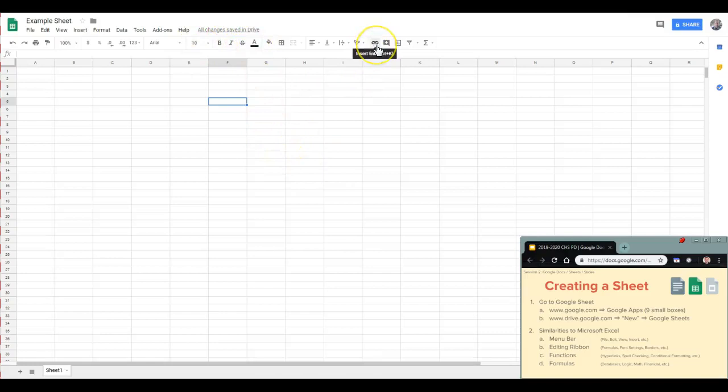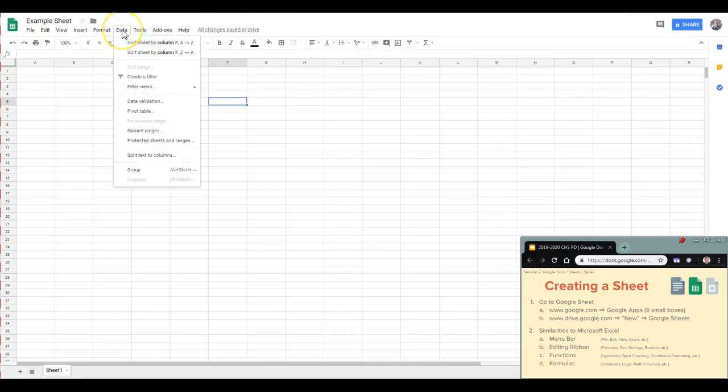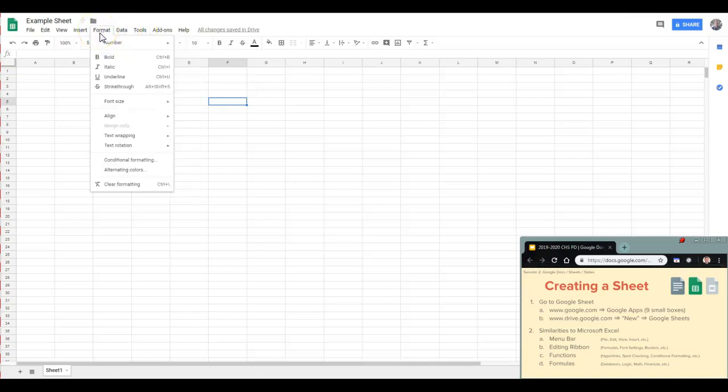Again, we have the ability to insert a link. You have spell checking. Again, if we go to tools, we can go to spelling. You can also, from here, access conditional formatting. So that might be underneath format, you have conditional formatting. Many of you might use that in Microsoft Excel. That's if you have some sort of input that it changes colors based off of the input that's in the